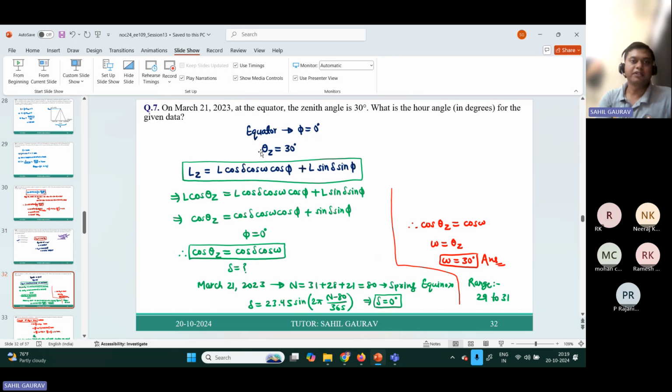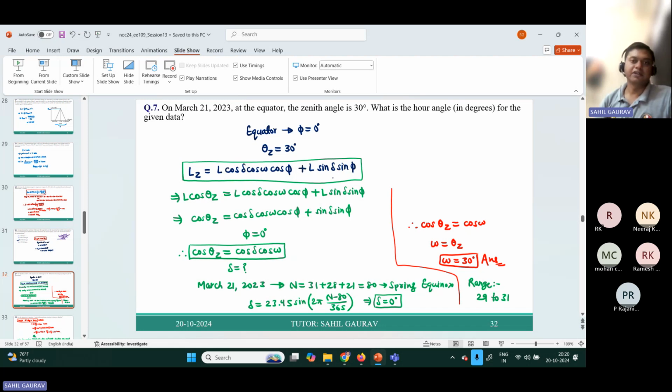Now in the next problem: at the equator on March 21, 2023, the zenith angle is 30 degrees. What is the hour angle for the given data? Equator means the latitude angle will be 0, and the zenith angle is 30 degrees. For finding the hour angle, we will use this expression: Lz equal to L cos del cos omega cos phi